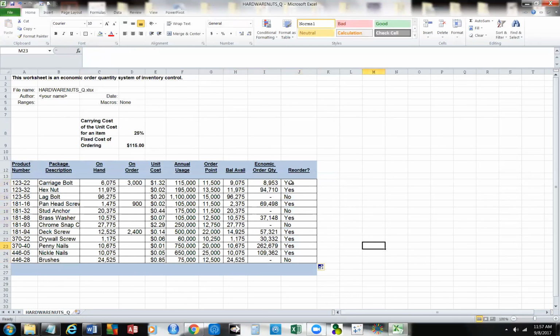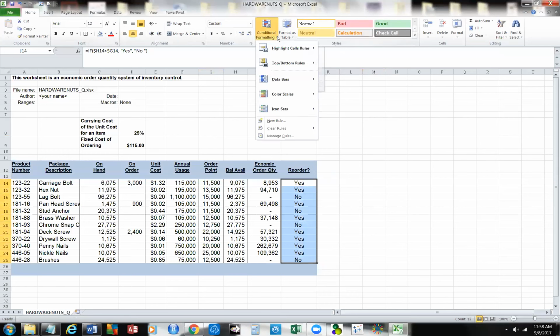Okay. Now, this is easy because I can see what's no. I'm going to make this easier. First of all, I'm going to put these in the middle, and then I'm going to use conditional formatting because I might have 500 of these. And I know what you're going to say: you can't do a single one of these without using conditional formatting, can you? And I'm going to put a highlight cell rules